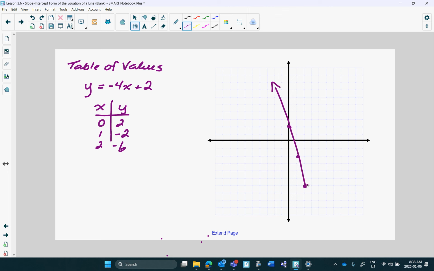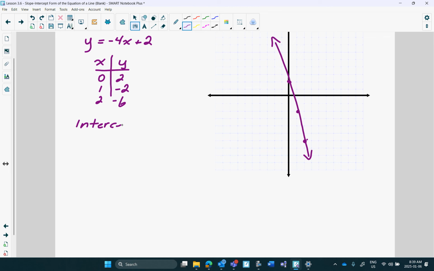New method we talked about at the end of last term were the intercepts, where we find 2 points and draw a line through them. And intercepts work well with equations that aren't solved for y. So if I said 2x minus 3y equals 6, well, you could solve for y and then do a table of values, but the intercepts would actually be pretty